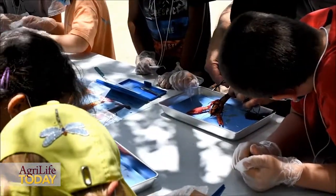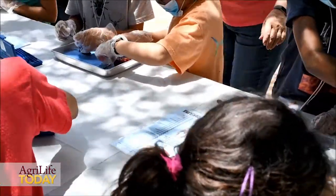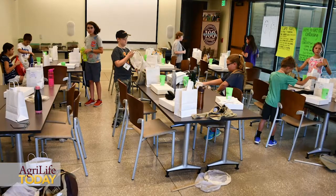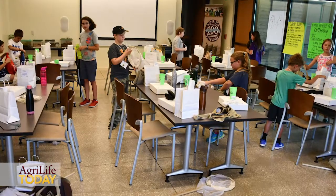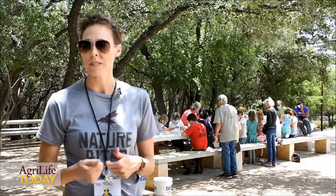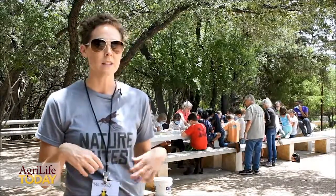So right now the kids are dissecting crawfish and giant grasshoppers. Crawfish aren't insects, but they're arthropods, and part of the camp is learning that an insect is an arthropod and other things that are related to insects. So they're dissecting them and learning about the internal anatomy. They're feeling the exoskeleton. Some of them will have female grasshoppers, and they'll be able to see the little ovaries